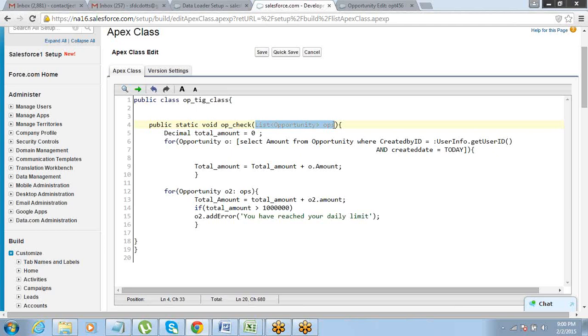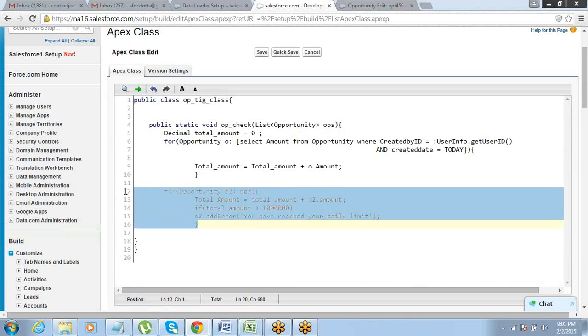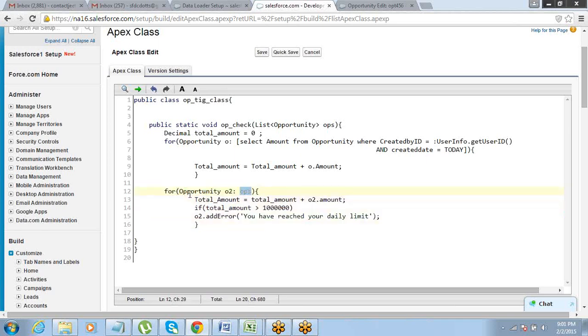Here again we have to supply some value, right? So parameter is basically which you define so that the end user can supply some value to that. And this method will get executed. So that parameter is used somewhere in that method. So here if you see OPS is being used here. So to this what we do is we supply trigger.new. Trigger.new means the record which is getting created. Otherwise, is it not the code which I was writing inside the trigger? This is the actual code which was being written inside the trigger, right?